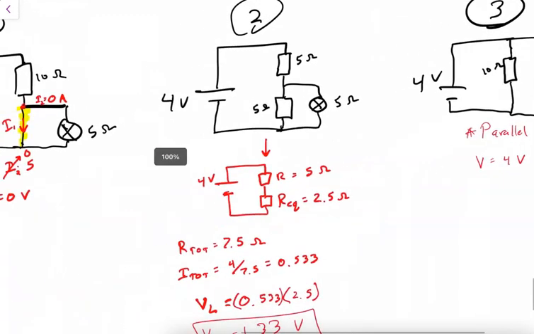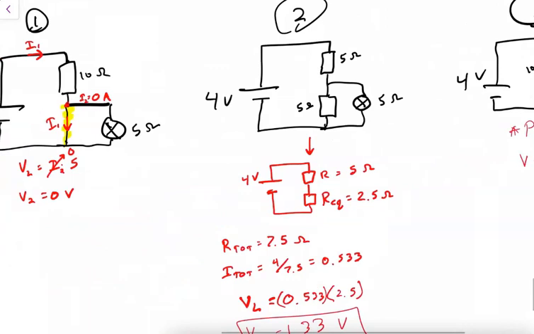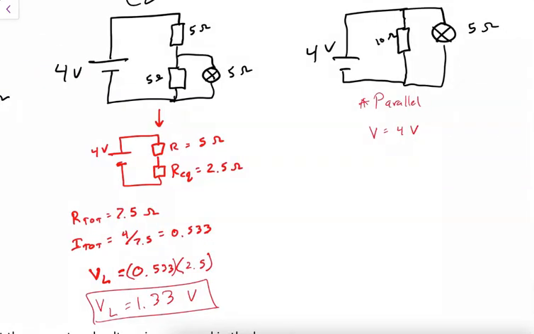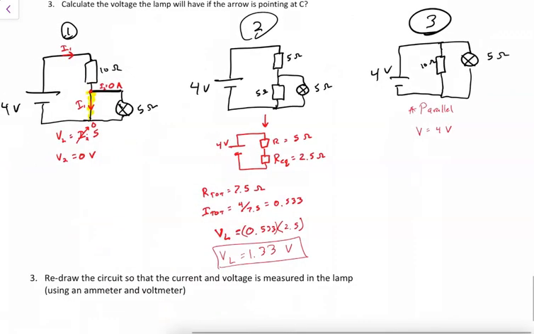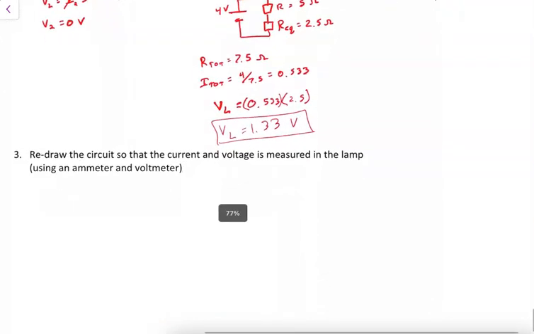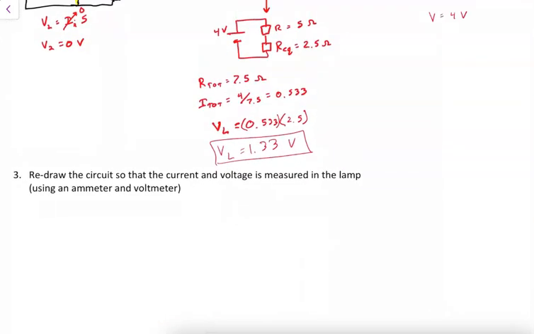So this 1, 2, and 3, we are moving the variable resistor, the potentiometer, so that it has 0 volts, somewhere between 0 and 4 volts, and all of the 4 volts. And this is a way that we can learn VI characteristics of this lamp. If we want to have a little bit more control of what voltage it is, this is the ideal type of circuit to control that with the most control. If we wanted to redraw the circuit so that the current and voltage is measured in the lamp, so that we can determine VI characteristics,